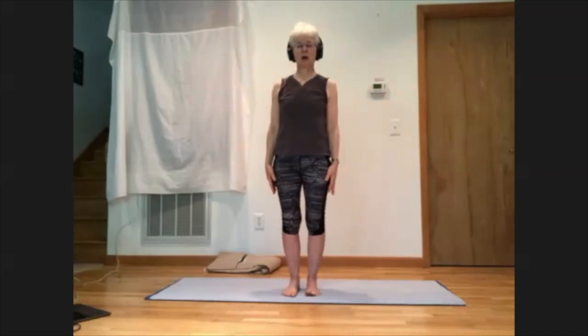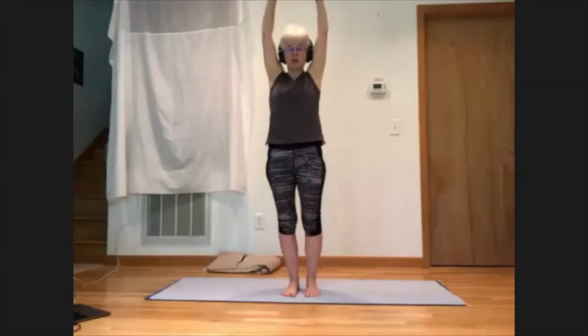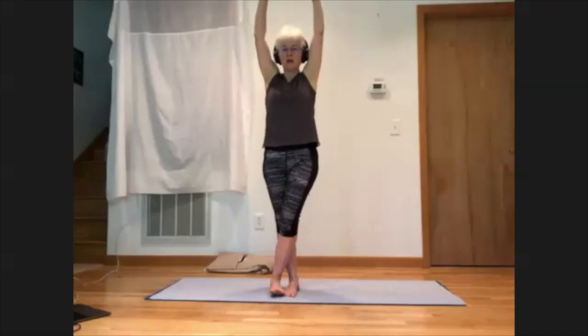And then inhale back upright. Let the arms go, uncross the feet, come back to the standing mountain position for just a moment. And then inhale and sweep the arms back overhead again. And now cross the left foot over the right. So we've